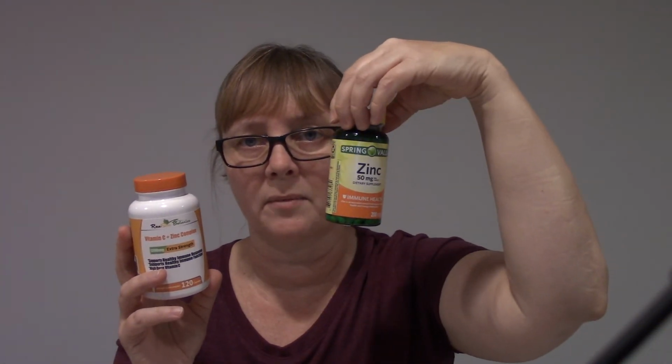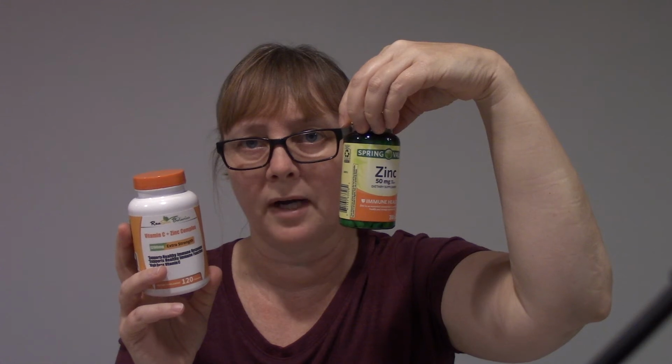Now this here, like I said, has 11 milligrams of zinc. If I feel like I am getting sick, say I was around somebody who maybe had the flu, or I feel like I'm getting some kind of cold or other type of virus, because I work in healthcare and I'm around a lot of that, I will take these 50s and cut them in half, which will be 25 milligrams. I take that with my vitamin C and the 11 milligrams in here, which gives me about 36 milligrams of zinc. And that, I tell you, will kick it right in the behind